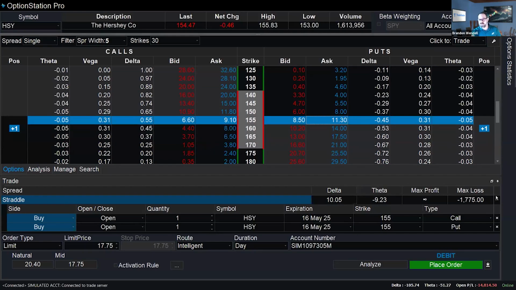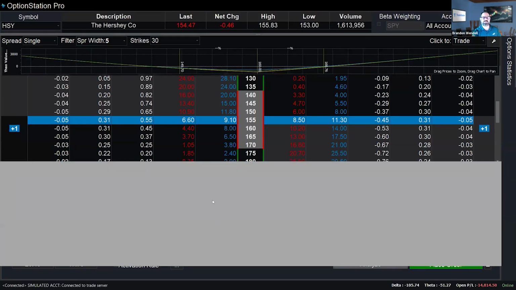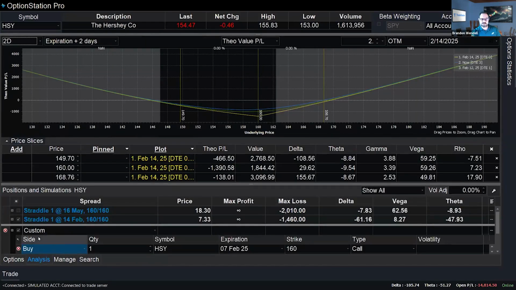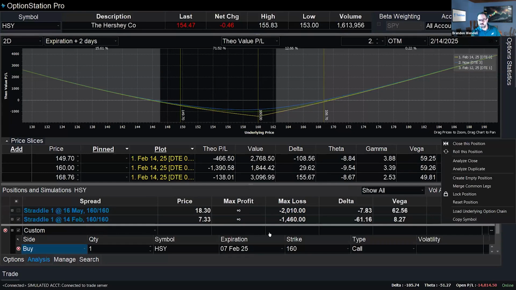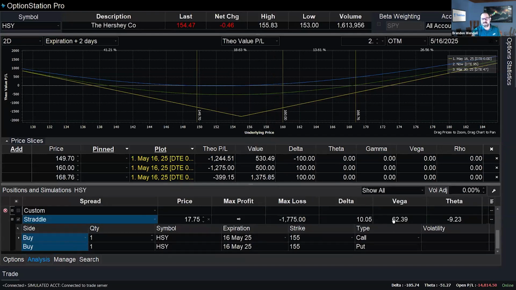So, I don't think I have that as a column here. And can I add that or no? Actually, not on this part. It's on the analyze. So we go over there and make sure not everything else is showing. I do. There we go. Come on, get rid of that. There we go. That's better. Just the one. So again, there we go. Now we got the Vega is 62.39.